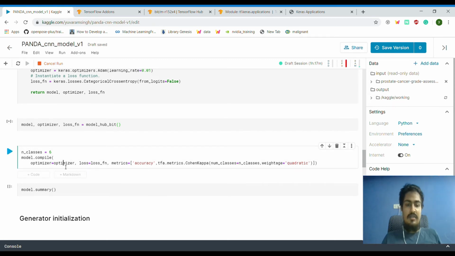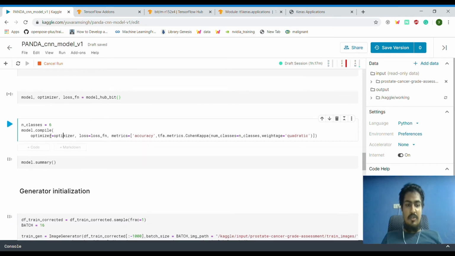Once that is done, I'm just going to compile the model. Compiling the model is pretty simple. Call model.compile, and pass in the optimizer which we got, the Adam optimizer, and the loss function, categorical cross entropy. And then here we are going to use the metrics. There's no implementation of Cohen Kappa metrics in the TensorFlow stack actually.